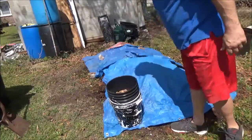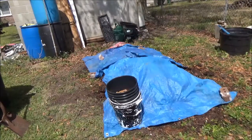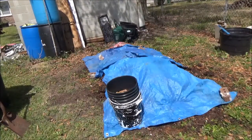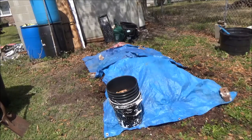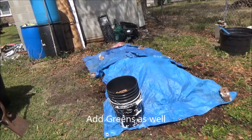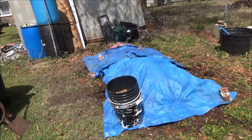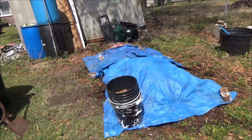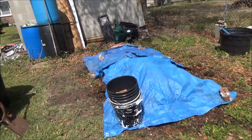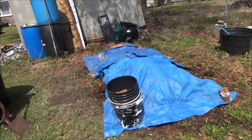All right, it's wet, it's covered, and in 2 or 3 days we will come out and turn it, and we'll do that every few days, and in about 3 or 4 weeks we'll have good quality potting soil that we can use to put in our raised beds and grow nice crops like lettuce, a few tomatoes, maybe cucumber, basically quick growing plants, because it's April,